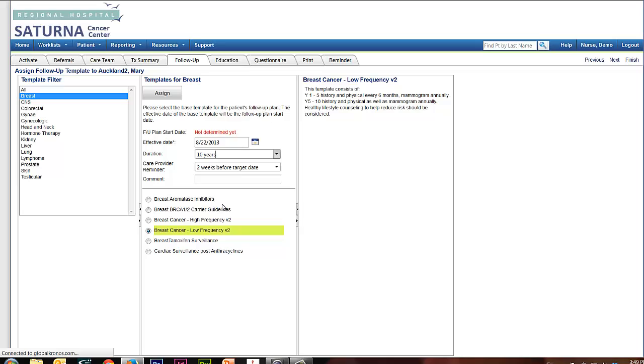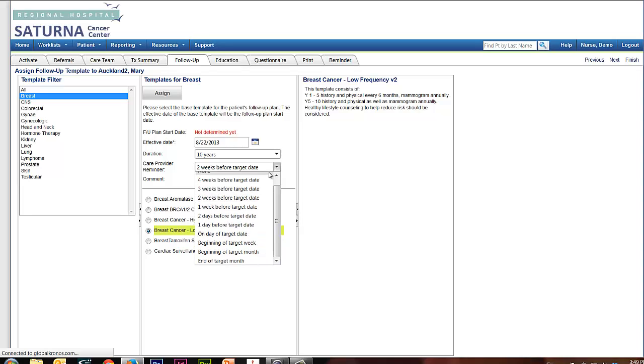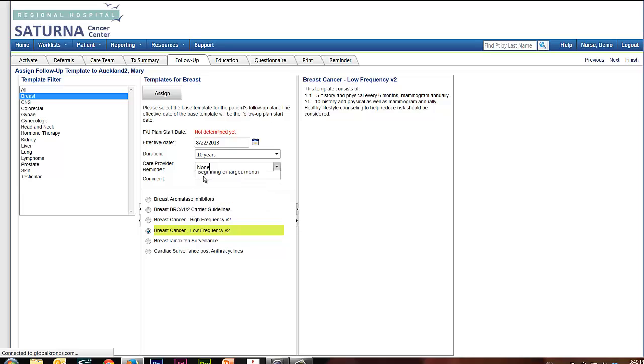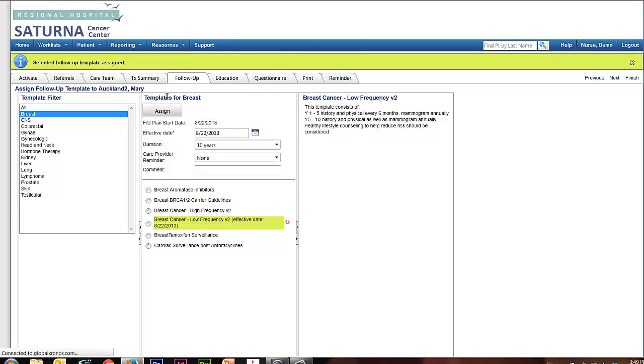And finally, I also want to identify whether I as a care provider want to get reminders about each of these recommended activities before they happen. So I can choose to do that if I want to be fully engaged in the patient's follow-up management, or I can just say, turn that off and say, my goal here is simply to create a survivorship plan for Mary and nothing further. So when I assign that to the patient,